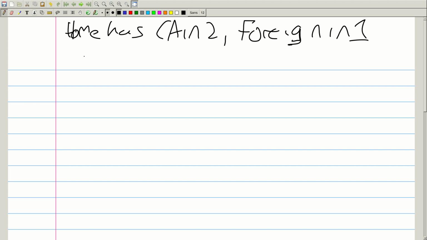So what does that mean? That implies that home's income is only going to be a function of their production of good 2. Foreign's income, excuse me,